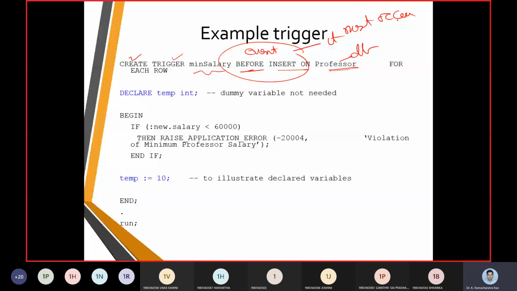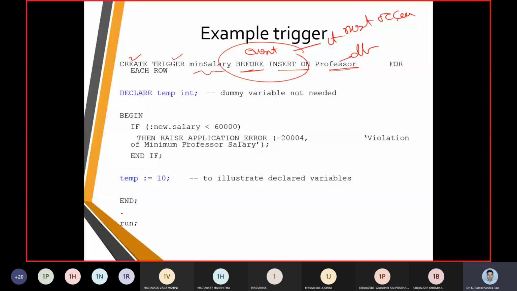Now we do have a declarative statement, a local variable. So temp belongs to the integer data type. Then we are going to have the trigger body. The trigger body is between begin and end. So if is new, and new dot salary, this is again a reserved word in PL/SQL. So this is mandatory here. Whenever a salary is going to be checked, we need to say new dot salary. This is the reserved word, and we need to follow the syntax as it is.